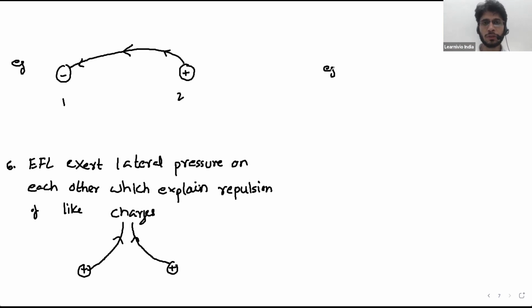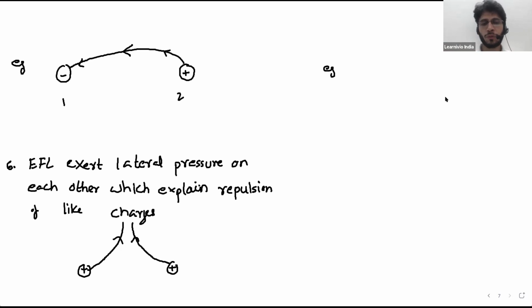Now I'm giving you two examples. Direction of dipole moment is negative to positive. So for dipole, electric field lines is from negative to positive. No, Noor. Negative to positive is the direction of dipole moment, but the direction of field lines are always from positive to negative. Are you confusing with axial line and equatorial line? Yes, sir, because electric field is always in the direction of electric dipoles. It's along the direction of electric dipole for the axial line only, but for the equatorial line it's opposite to the dipole.